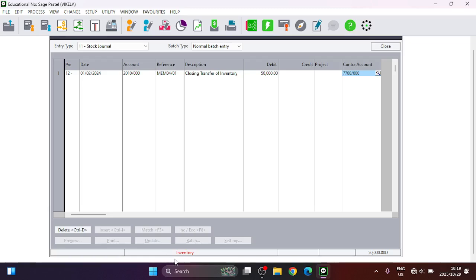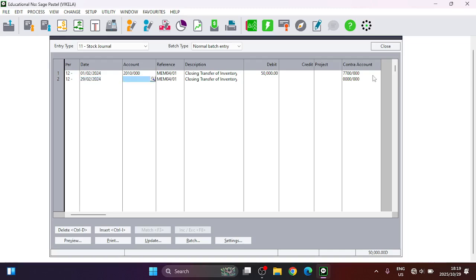In this case, it is inventory. So you credit it because remember it has a debit balance. Now you're crediting it, we're closing it off. At the end of the month or the financial year, in this case, we're going to call it the end of the month,